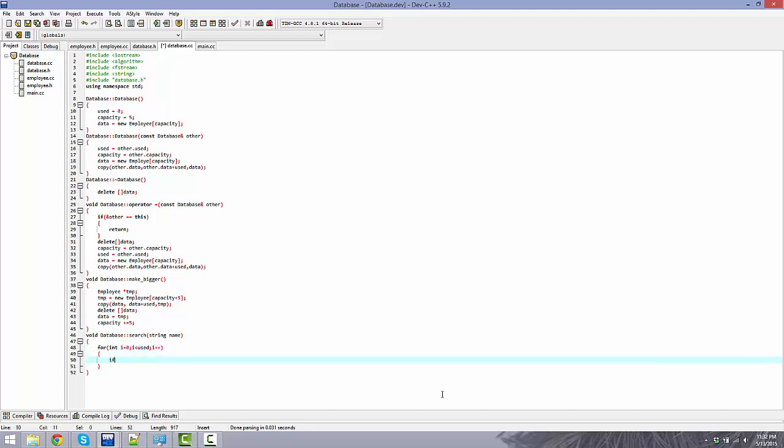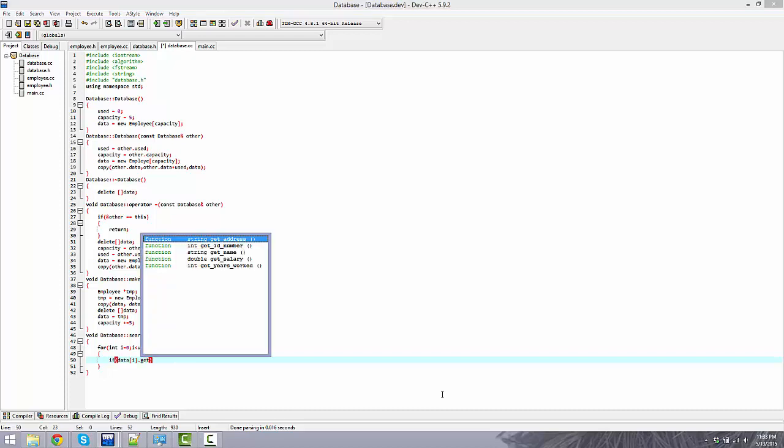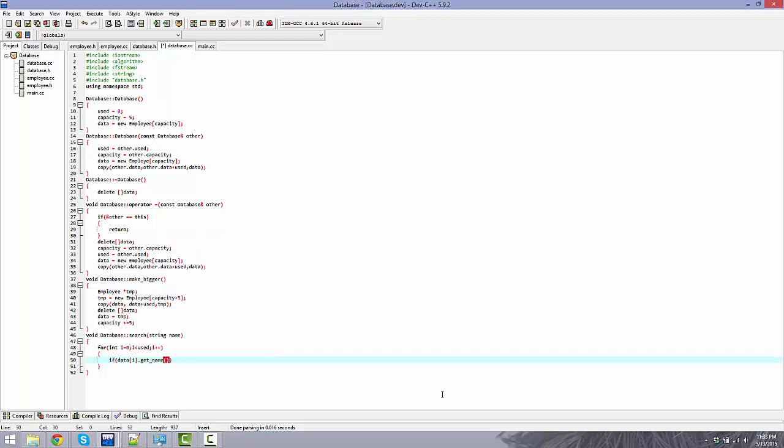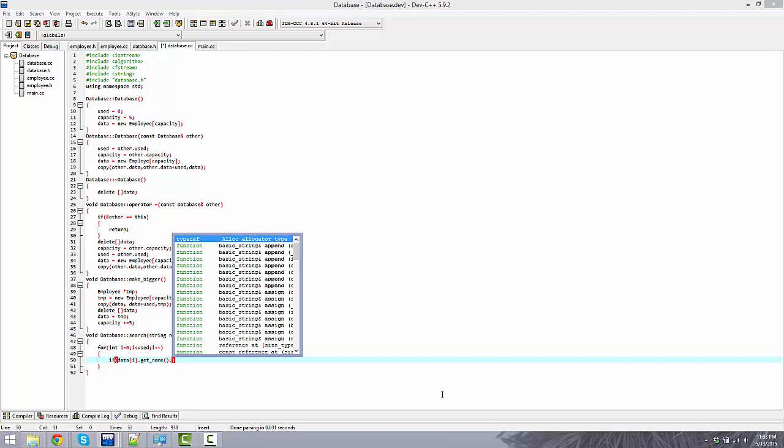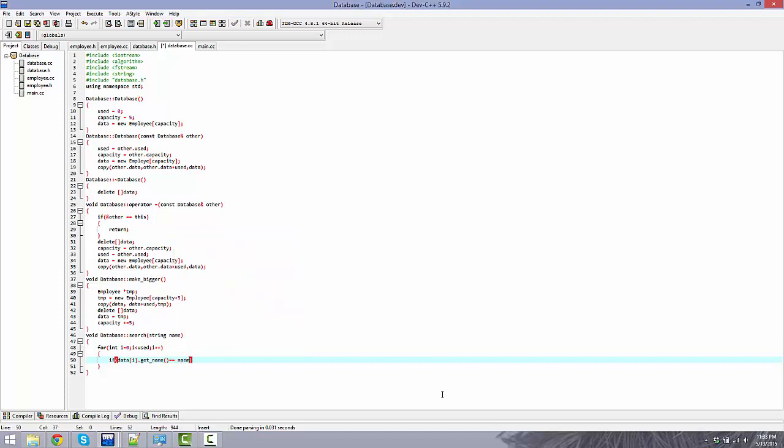And then inside here, we're going to have if data i, so if it's at that point in the array, dot get underscore name equals name. So it's using that accessor to get the name of that element, and it's comparing to see if that name is equal to the name inputted,